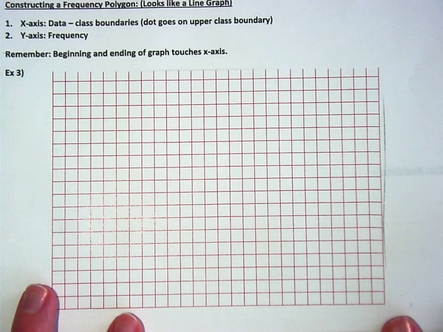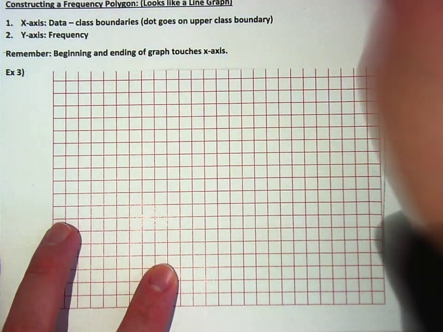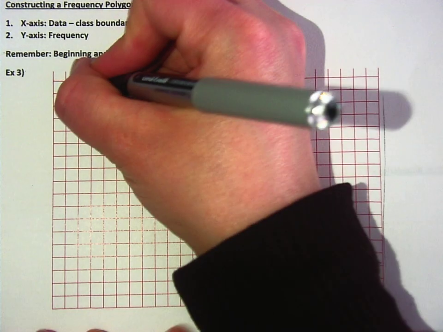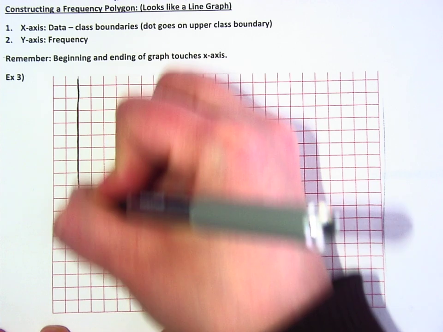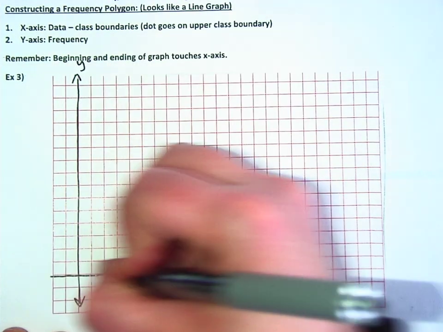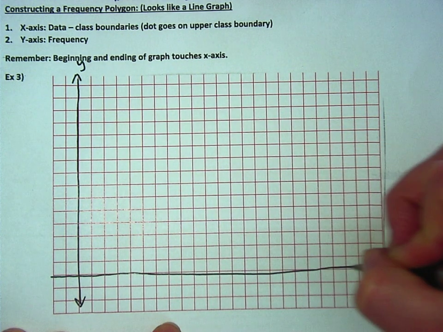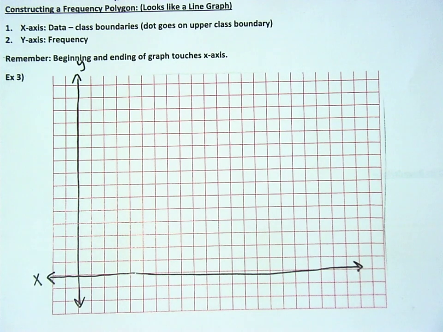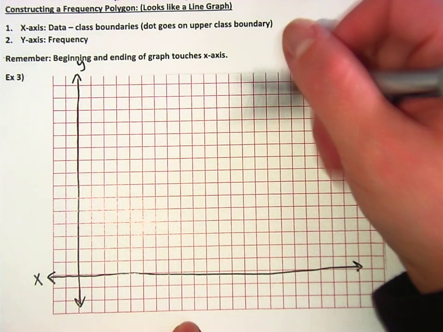Okay. Are we all okay with the last one? Okay. All right, next one. This one is called a frequency polygon. Somebody tell me what a polygon is. It's a shape. An enclosed shape with straight line edges of many sides. That's the poly part, many sides. If it's 3 sides, it's a triangle. 4 sides, it's a square. All of them together are called polygons. Okay, so that's why this is called a